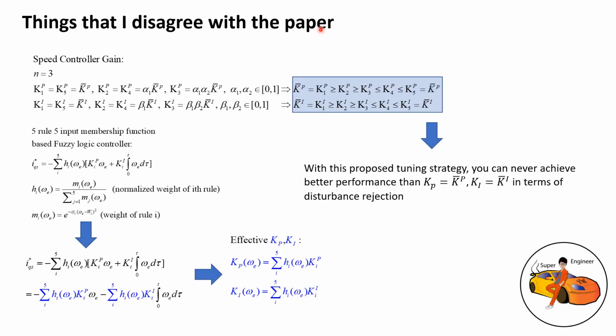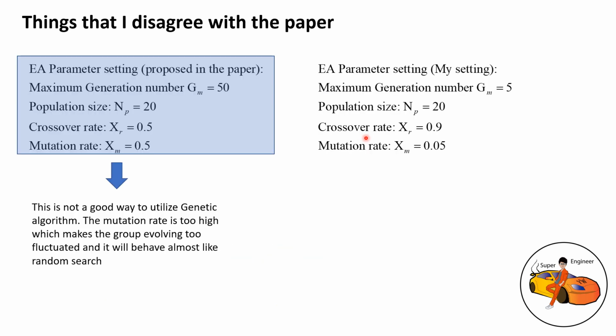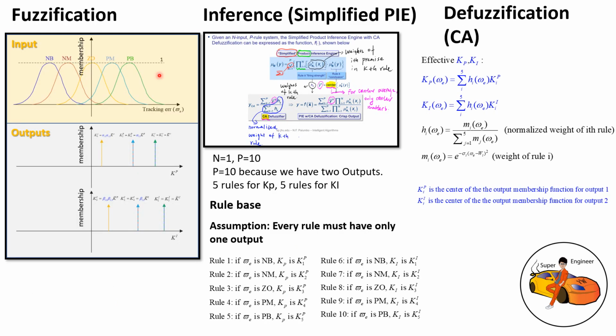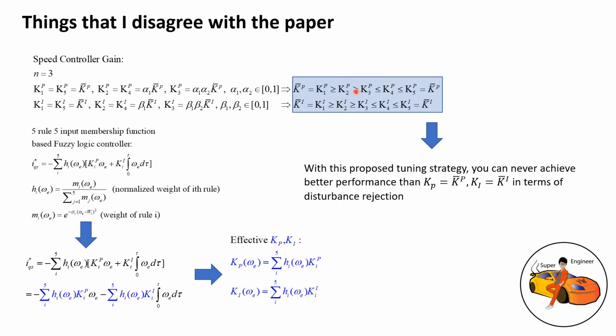We have this KP bar, and we use it as the largest KP, and then this 1, 2, 3, 4, 5 corresponds to basically 5 membership functions, which later on show as negative big, negative medium, 0, positive medium, and positive big. So it's 1, 2, 3, 4, 5, and this will guarantee that we use the largest KP gain